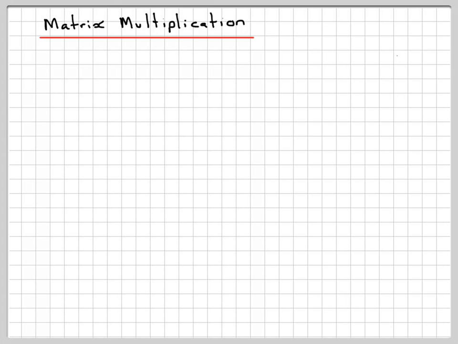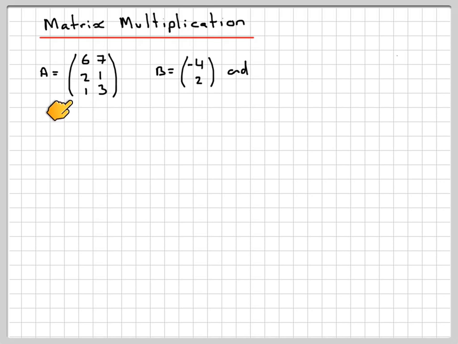Matrix multiplication. If A is equal to [6, 7; 2, 1; 1, 3], B is [-4; 2], and C is [2, -3, 1], the first matrix has 3 rows, 1, 2, 3, and 2 columns, 1, 2, so that's known